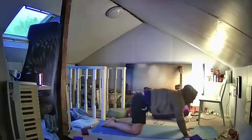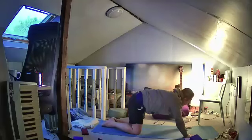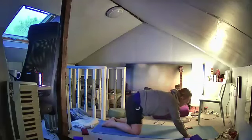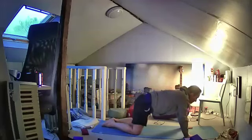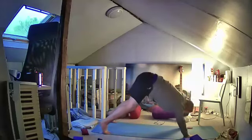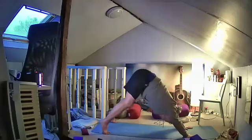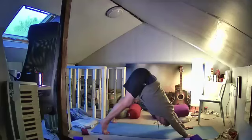Just come up onto your knees. Have your hands as wide apart as your mat, stretching the thumbs towards each other. Really feel that the palms are flat on the floor. The finger knuckles are activated. Turn your toes under. Have your feet as wide apart as your mat, and then just keep your knees bent